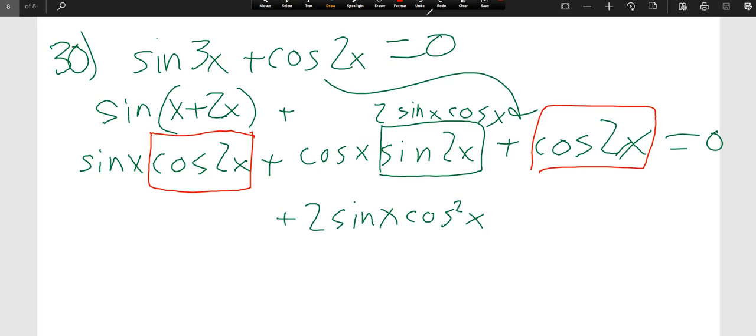But I really think that there might be a few substitutions that we would do. It's possible that I would replace these with both 1 minus 2 sine squared, 1 minus 2 sine squared,